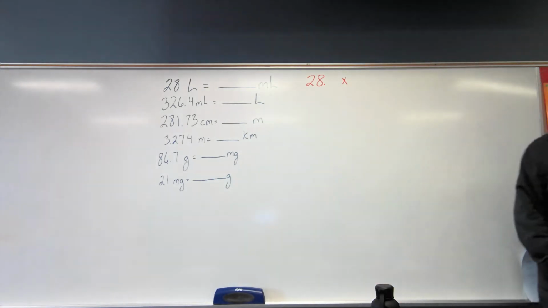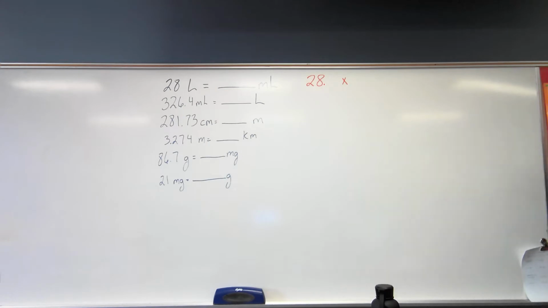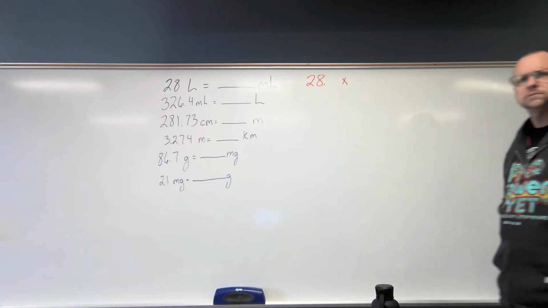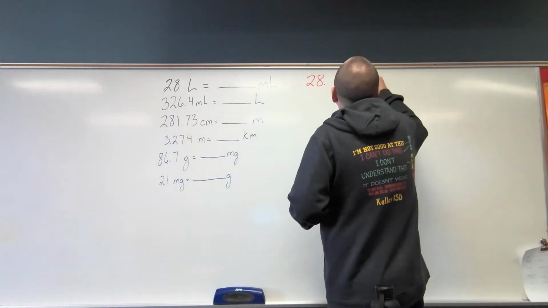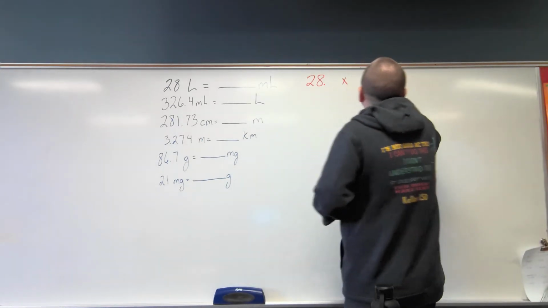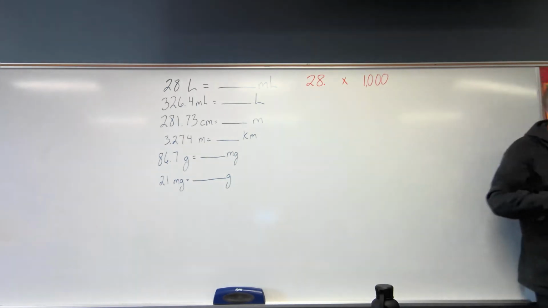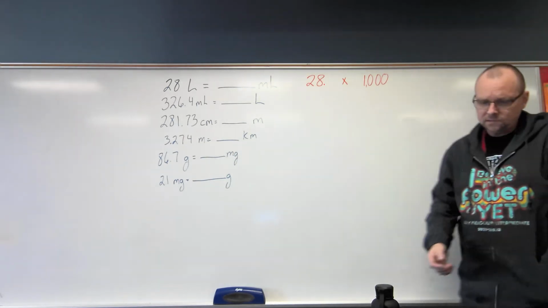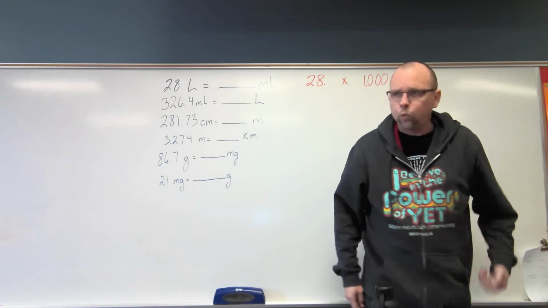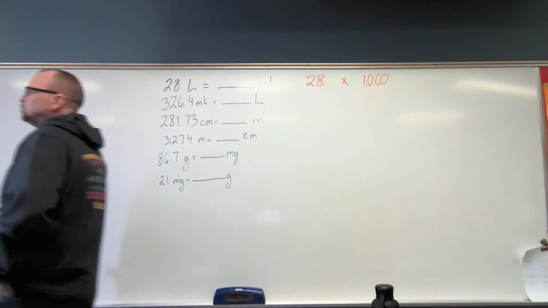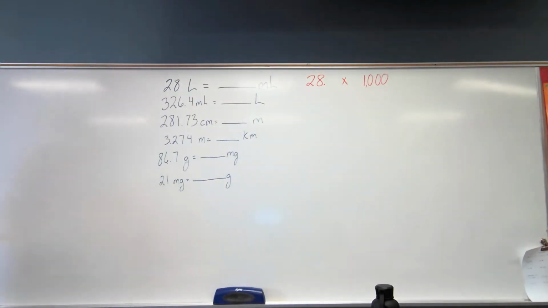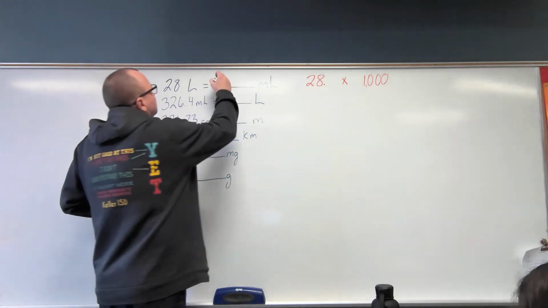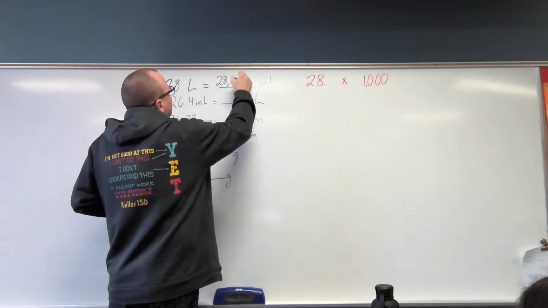Emily Kate, how many milliliters are in a liter? 1,000. That means I'm going to multiply it times 1,000. 28 times 1,000. What is 28 times 1,000? 28,000. So 28 liters equals 28,000